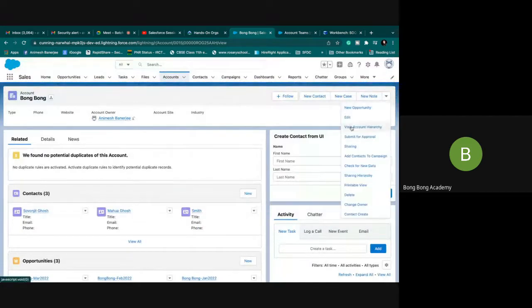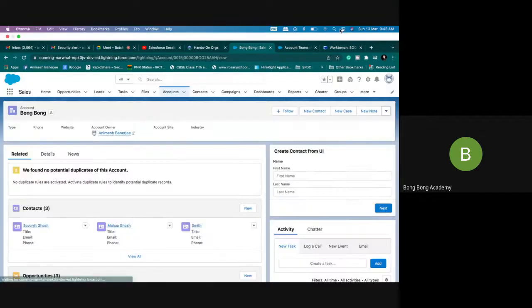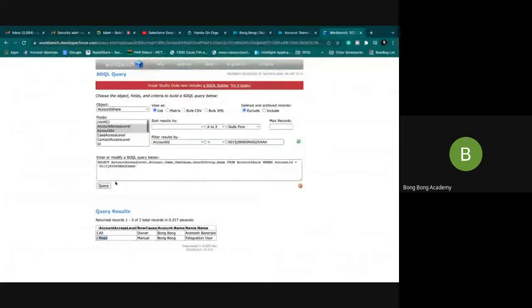If I go and select sharing, you see now it is showing up that integration user has read-only access. Integration user also has a read-write access, right? See this in Workbench, but the row cause will be different. See, now the row cause is team, and it has edit permission because it's a read-write permission.